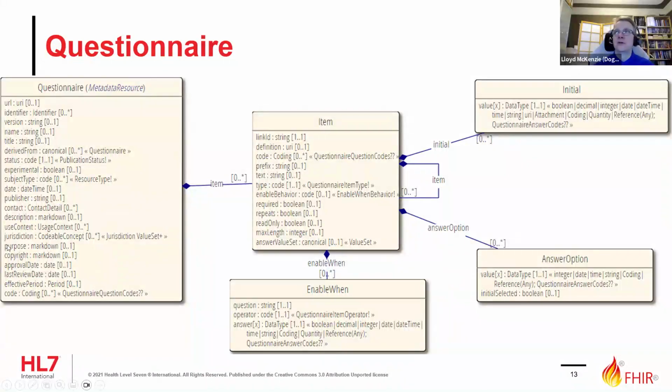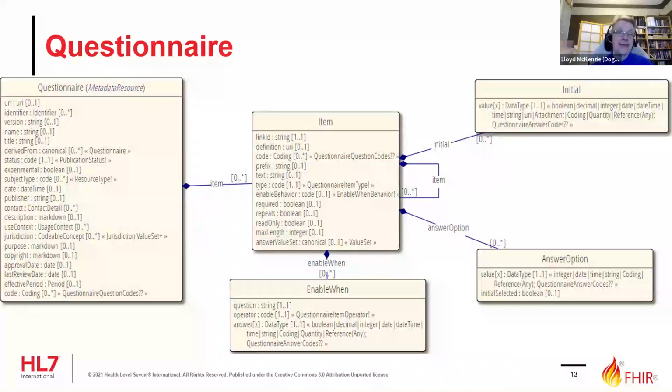A more detailed description so that when you're searching through a list of questionnaires and you see a title and there's 15 things that all have the same title and you're going, which is the one that I want? Read through the description and hopefully the descriptions at least are different. What country or province or other region does it apply to? Legal stuff. And then we have items, where we have an ID,